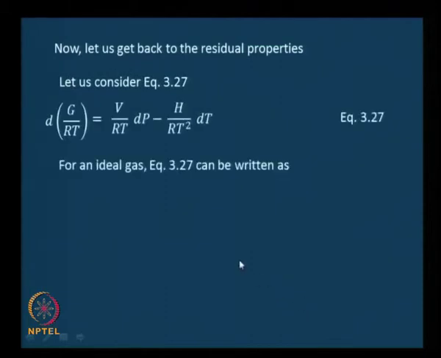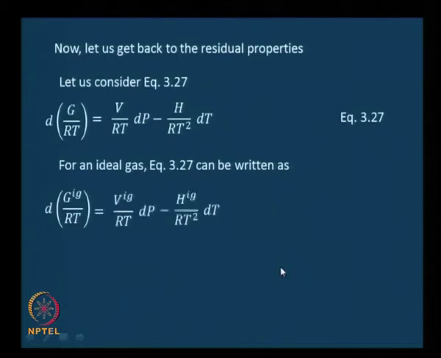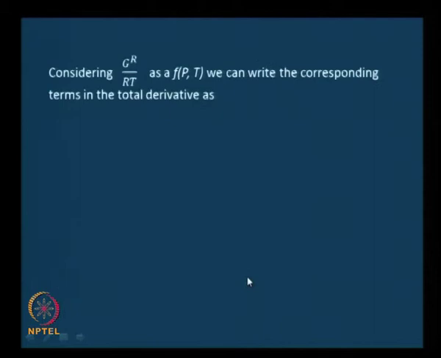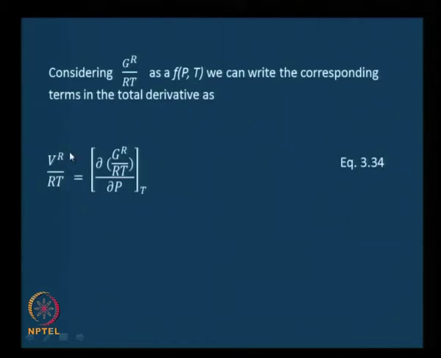Then we went and saw how to write residual properties. This was a derivation, I am not going to go through that. The Vr by RT, you could write it in the same fashion as earlier. Earlier it was for the actual values, here you could write it for the residual values. Vr by RT equals dou P of Gr by RT at constant temperature. Hr by RT was minus T dou T of Gr by RT at constant pressure,